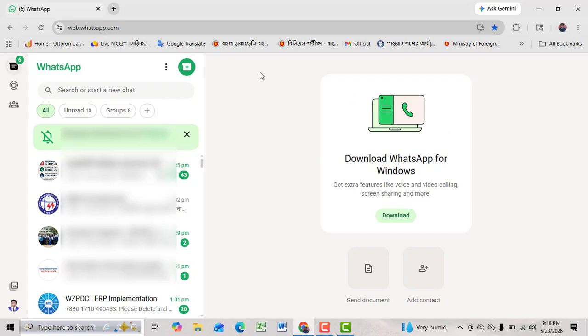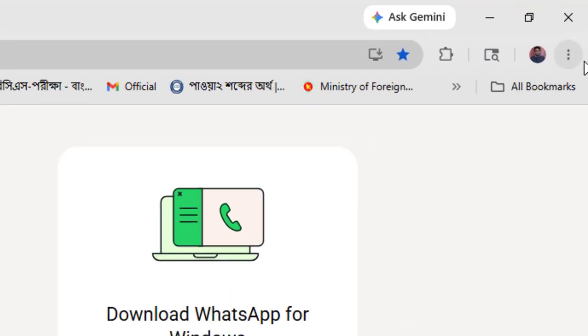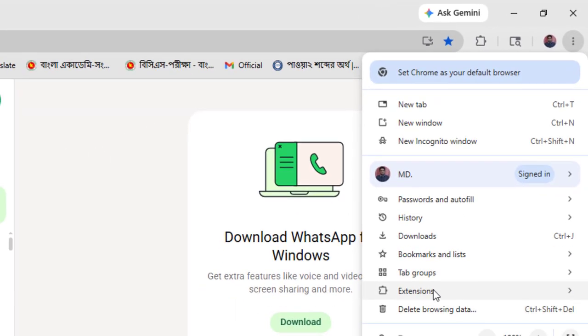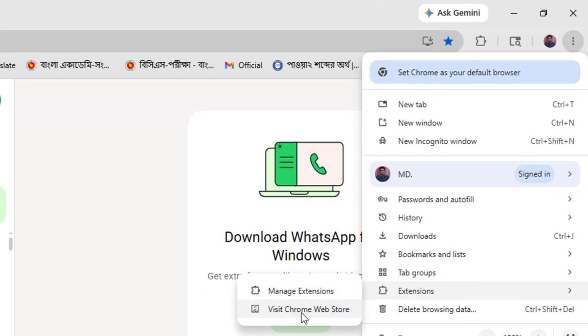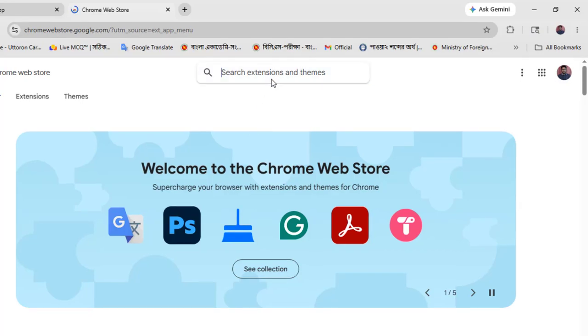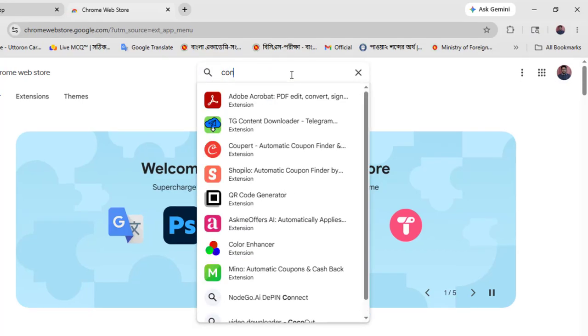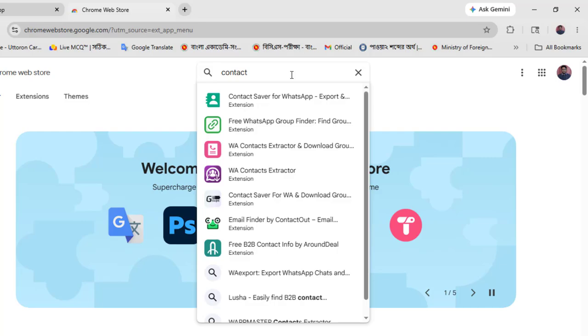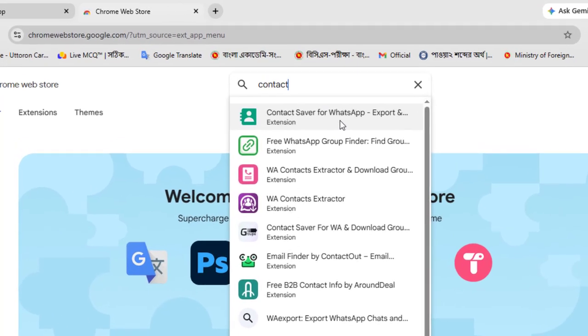Okay, and this is the Chrome browser. At the top right corner see the three dot icon. From here, Extensions, then visit Chrome Web Store. Here you will search for this one, Contact Saver for WhatsApp. Okay,